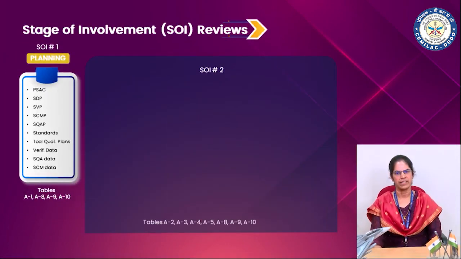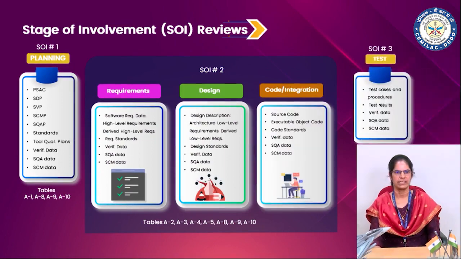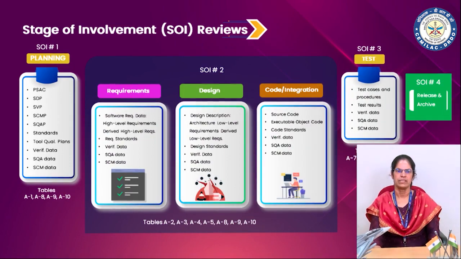SOI 4 is the final review as per DO-178C for certification. The entry criteria for SOI 4 are: final software build is completed, software verification is completed, software conformity review has been conducted, software product is ready for formal system approval. With this, we come to the completion of software development lifecycle process. In case of airborne systems, the build can be certified for flight trials.